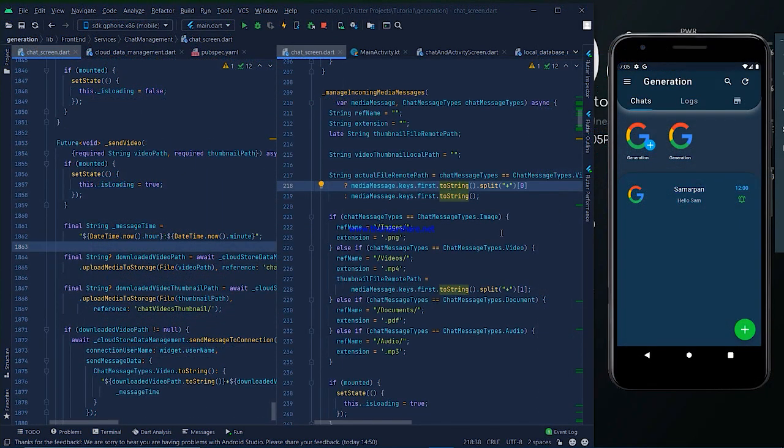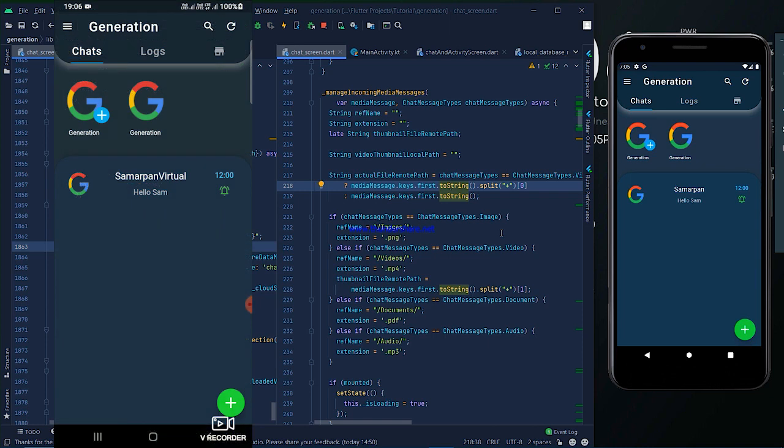So guys, in the split code I completed sending and receiving video chat messages. Now I am going to show you the demo on the physical device and the virtual device, and after that I will explain step by step what I did in that split code. So guys, let's see the demo.